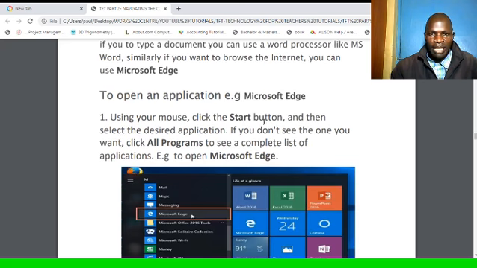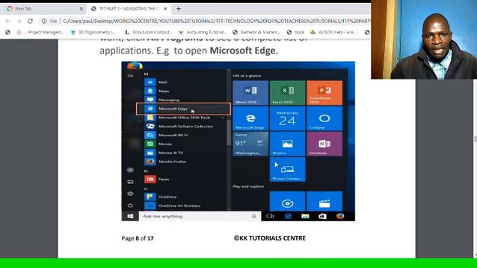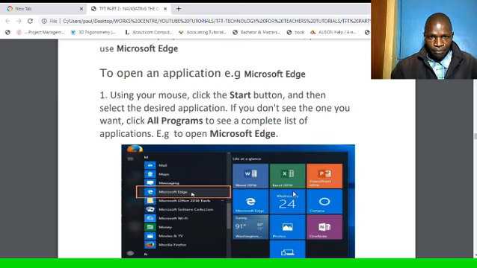So to open an application, for example, Microsoft Edge, using your mouse, click the start button and then select the start application. If you don't see the one you want, click all programs to see a complete list of applications. For example, to open Microsoft Edge. So this is a screenshot of my desktop where I clicked here, and I wanted to get Microsoft Edge, which is this one. So after clicking here, I want Microsoft Edge here that I highlighted. I click, and